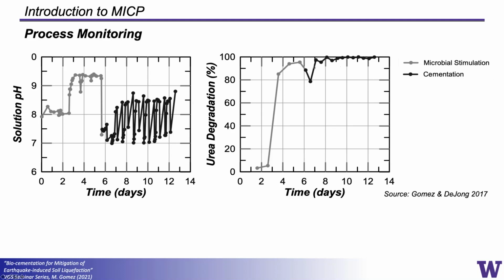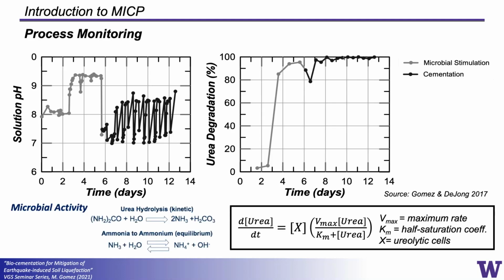As you'll see here in terms of urea degradation, once we get past a certain critical point, really the microbial population is converging to the point that we're able to hydrolyze the injected urea practically every day that we apply it. We take this information, of course, looking at the reaction network, and we're able to deduce something by how